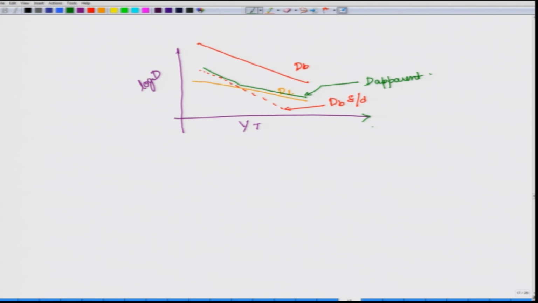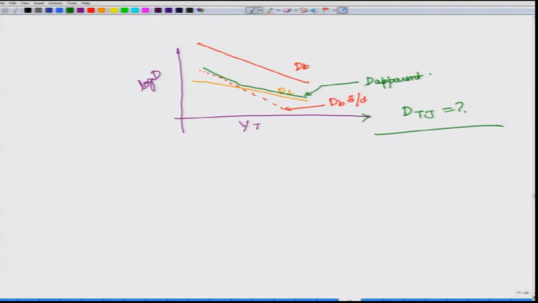And I will leave you with a thought: how would the diffusivity through triple junction come into this picture, where should it come to. This is the end of week 3, and at the same time this is also the end of point defects. So, we have looked at quite many aspects of point defects, and in particular we went to one of the phenomena represented by this, which is diffusion, in greater detail. So, we have looked at several of these aspects, and next we will move on to another defect, which is the dislocations. So, see you in week 4.